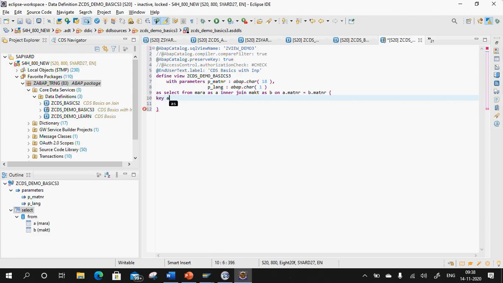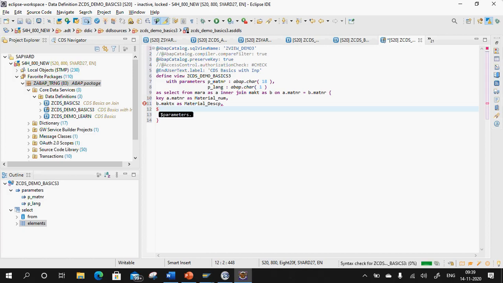Okay, now I'll give the key field as key A dot Matnr as material underscore number. Now B dot maktx as material underscore description. Now after this I want to specify the language that I got. I can even use this parameter as an element in my CDS view.